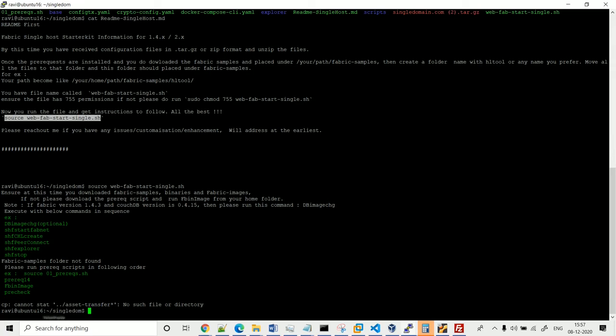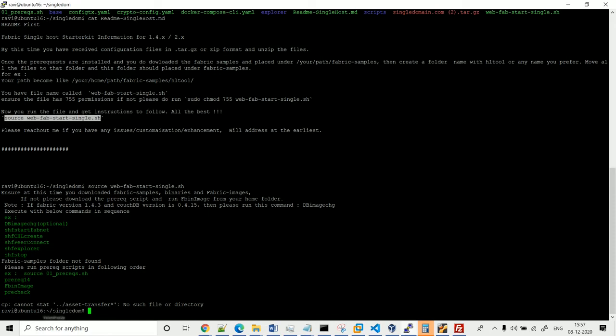If you already have Fabric samples and Docker installed, everything is fine. Since we do not have any prerequisites installed, we have to install them, which was detected and the tool was telling us, so please do the prerequisites.